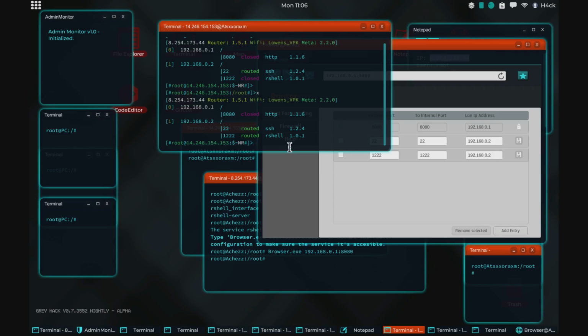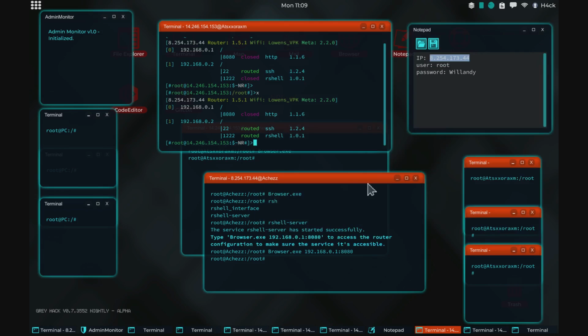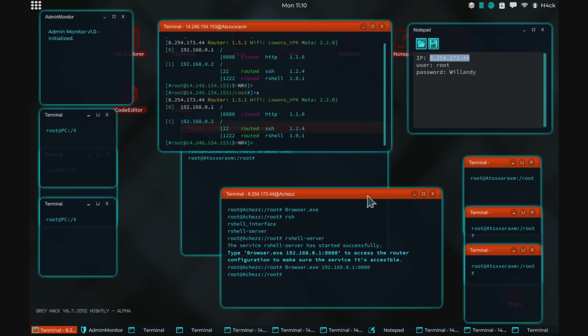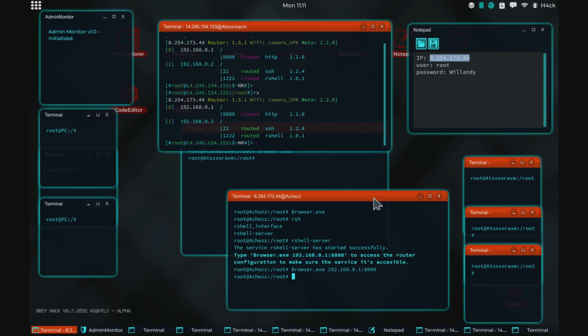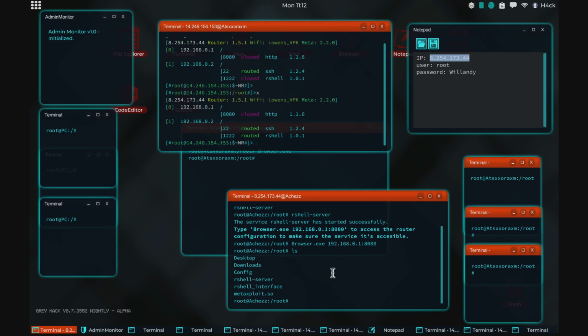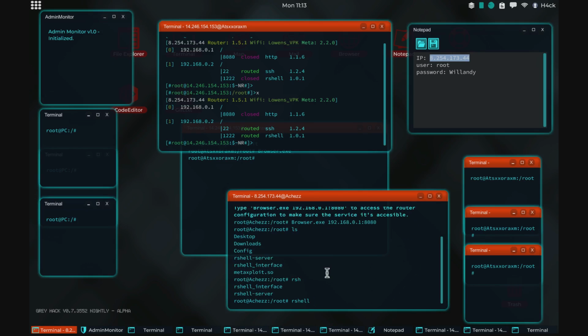And that's the first step to setting up a reverse shell. We need somewhere for the connections to be received, and that's now set up on this server right here. The other part is that we need to run a listening device on the server, and that's where the reverse shell interface comes in. So now it's listening for upcoming connections,